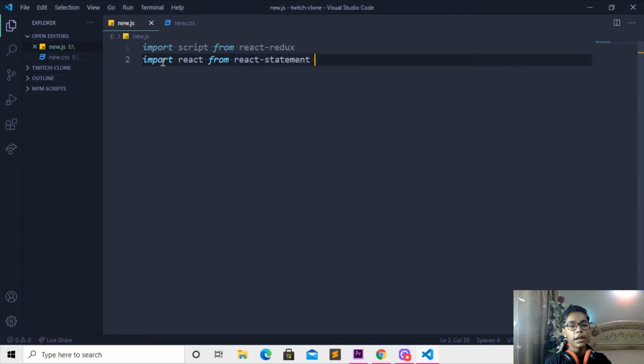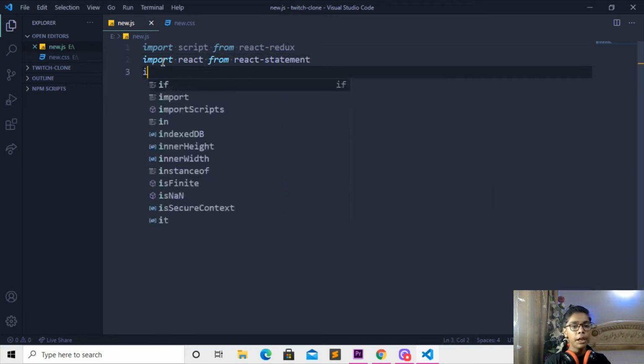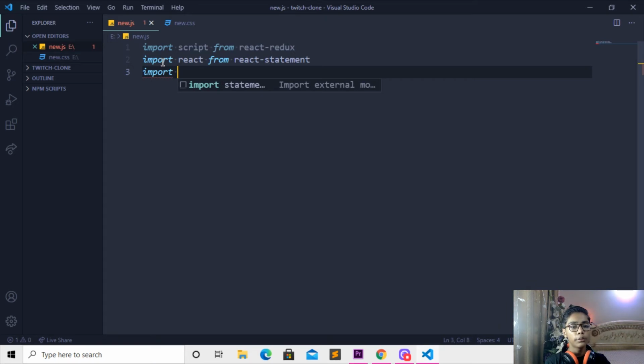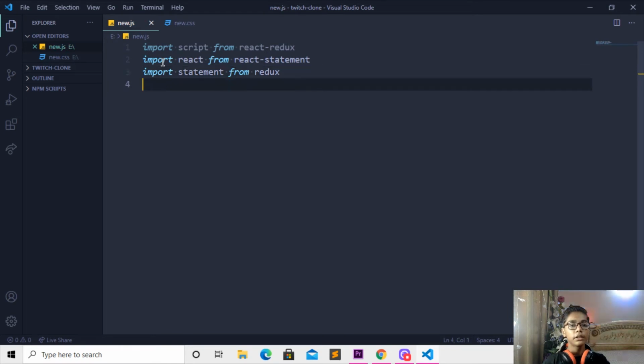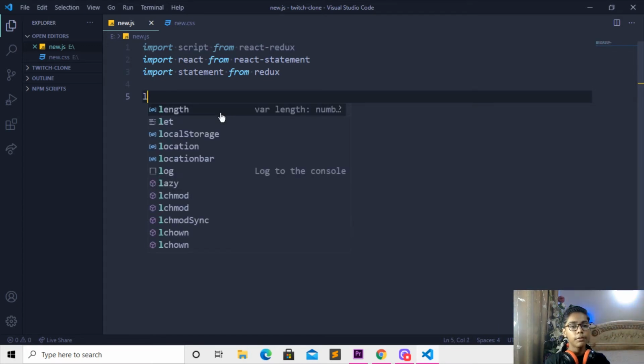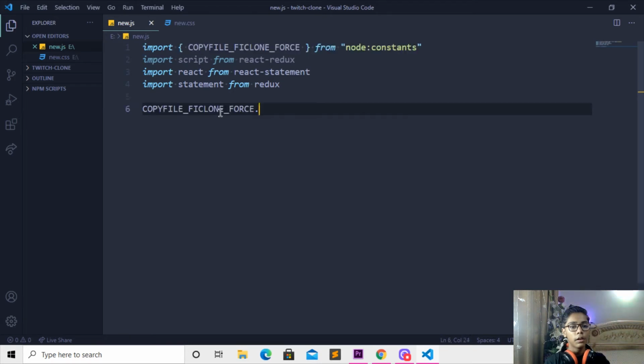So when you've done with that, now here coming underneath, I'll be writing the import statement, and then I'll be writing from Redux. So when you've done with that, now I'll be doing one thing, I'll be coming underneath. Then here I'll be changing that to a tag which should be just like here. First of all you have to just come, then right here floor dot random.